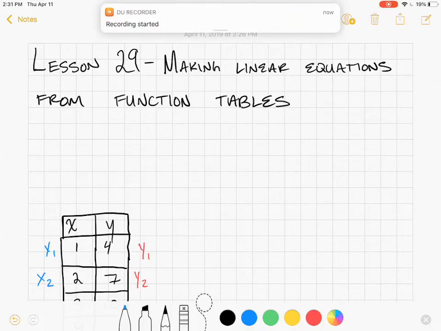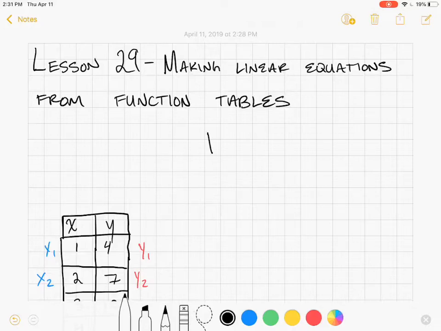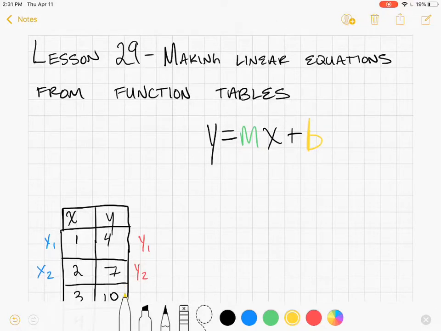All right, class, today we're going to be going over lesson 29, which is making linear equations from function tables. So let's do a quick reminder of what a linear equation is. A linear equation is going to be written in y equals mx plus b form. Well, what does that mean? Well, that means that m is the slope. So it's going to be y is equal to the slope times x plus b, and b is our